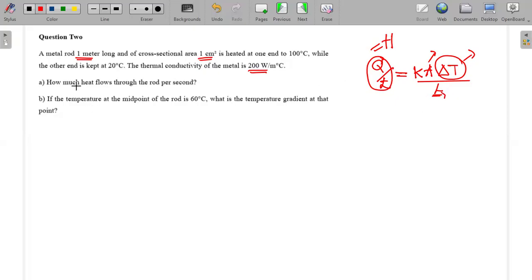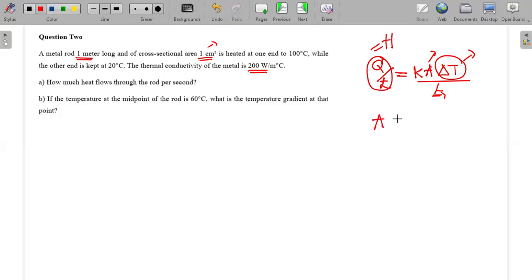Now, how we're going to solve this question is we'll get what we've been given first and make sure we have them in SI units. For example, we've been given 1 cubic centimeter. We want to make sure that we have our 1 cubic centimeter in its SI unit form, of which 1 cubic centimeter